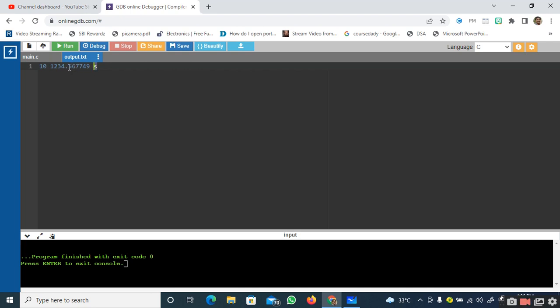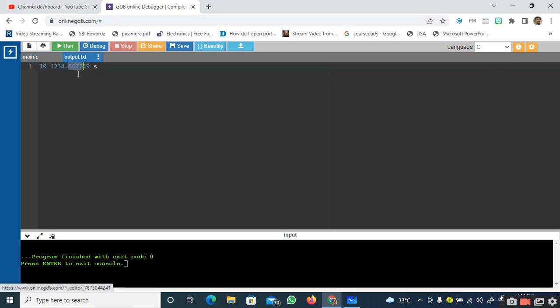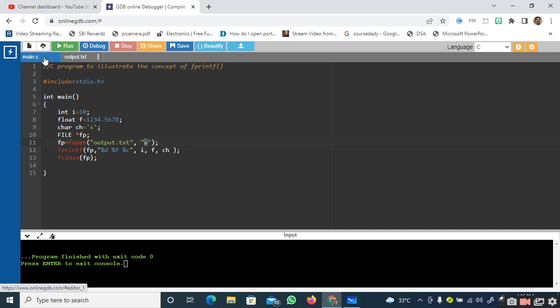You might have a doubt why it has been written like this, 5678, right? That is the value that I have given here, but it is showing 567749, but if you round off you will get the value as 5678 only. So this is how the fprintf is going to work.